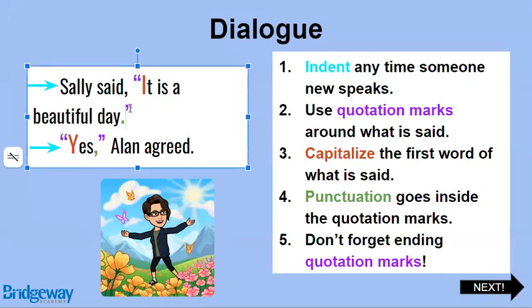It goes inside the quotation marks, not outside. And you always want to remember those ending quotation marks at the end of a sentence, if that's where the quote is. That's a big one. I also tend to forget a parenthesis, those little scoop things at the end, so making sure that it's at the end when you revise. Now, this is basic formatting. You can pause, screen capture this if that's helpful for you.